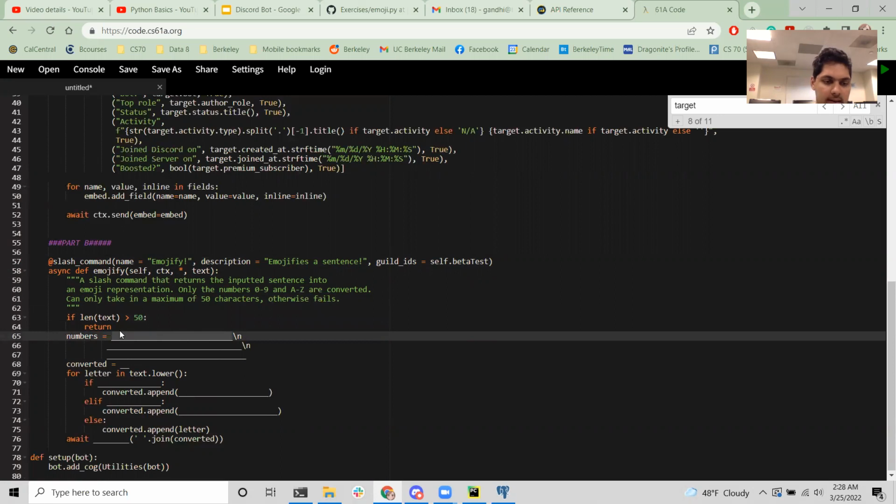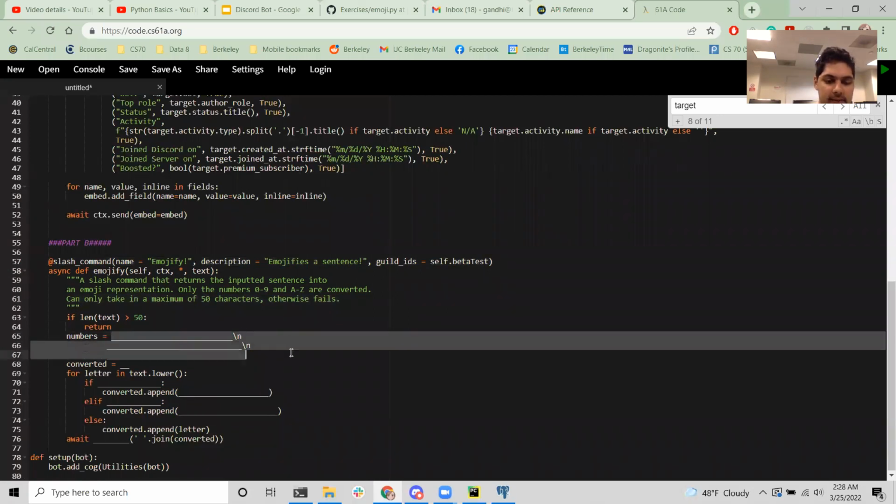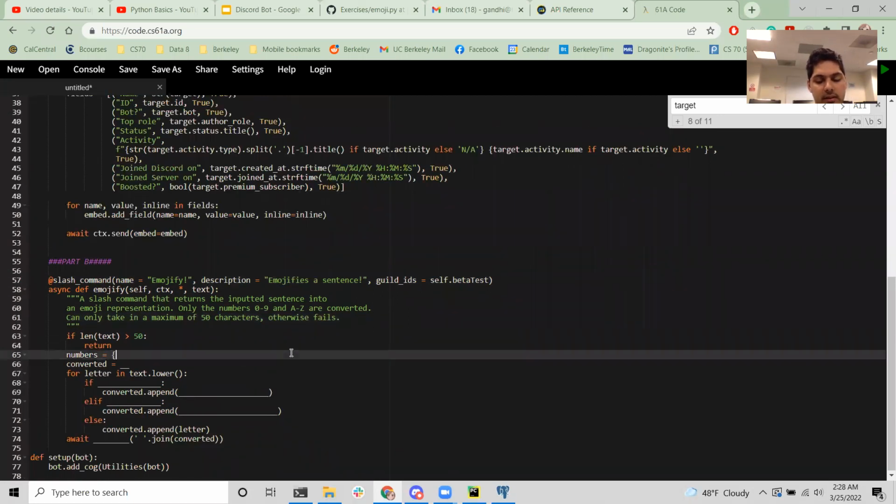And so the numbers are 0 through 9. We're going to have a dictionary, a bijection between all the numbers as strings, and it will look like this. It's kind of repetitive, honestly.